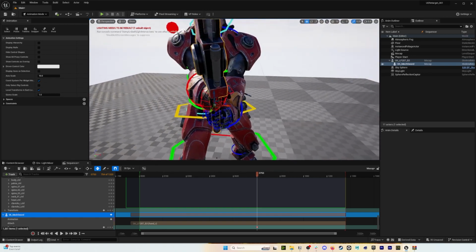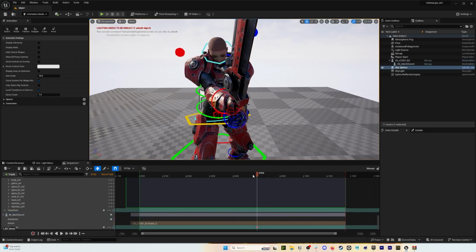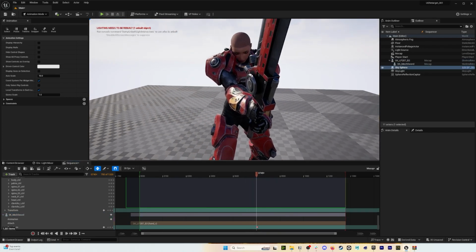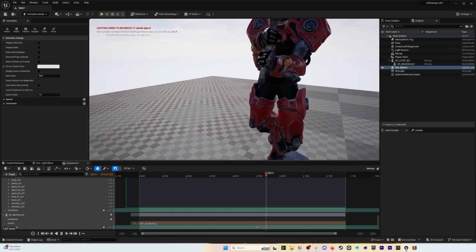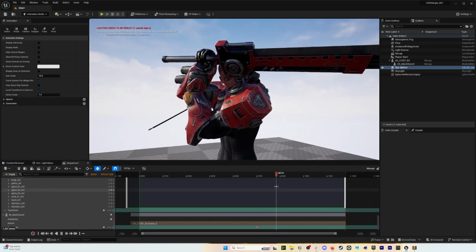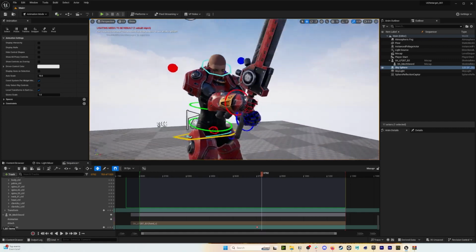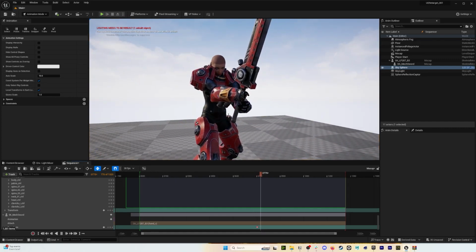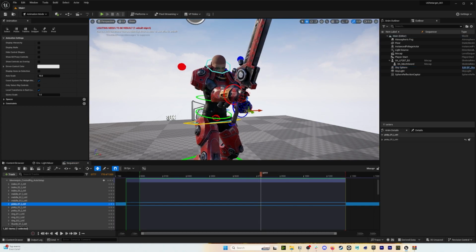It's right in there. Now, you can see that when we two-hand this sword, it does not work. Our hand is not in the right spot. It's not following the location of the right hand, and I'm talking about the left hand. The left hand is moving all over the place, and if we had to go in and make individual IK